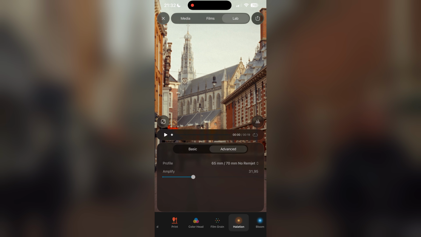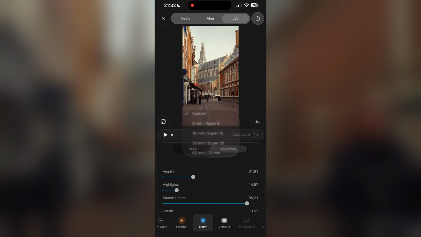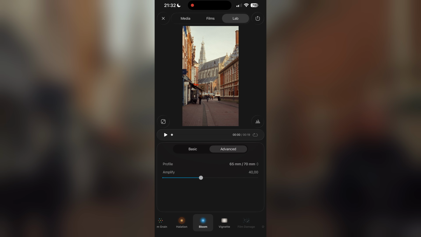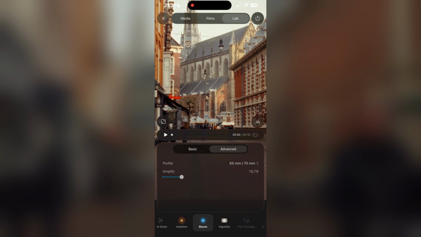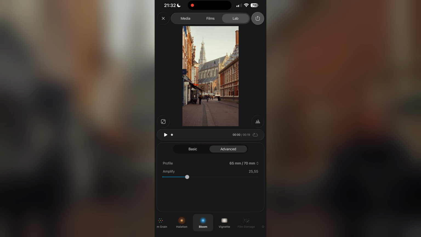Let's see, we can also zoom in. That's also very nice, so we can see our details better. Yeah, that's cool. Bloom, and I'll also use the profile again. Just amplify, take it down. See, it affects here a lot, mostly the highlights. This is enough, and I just want to add a little bit of